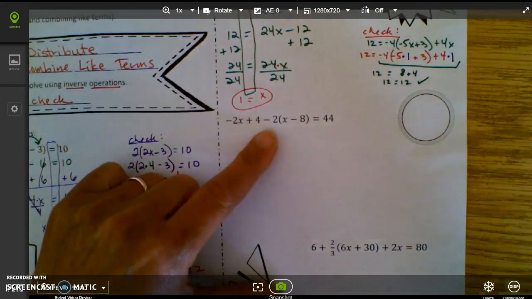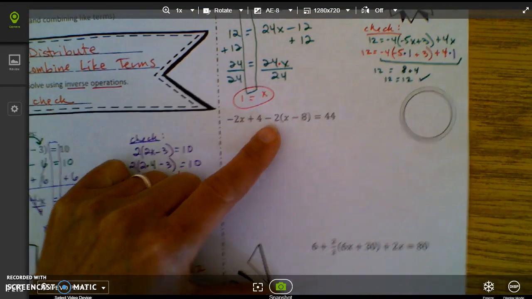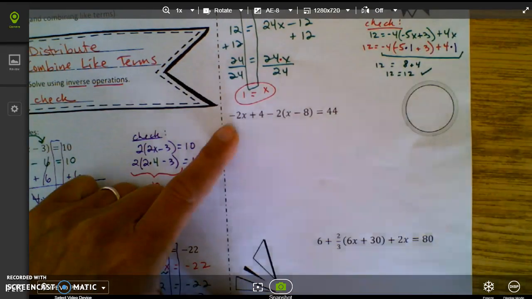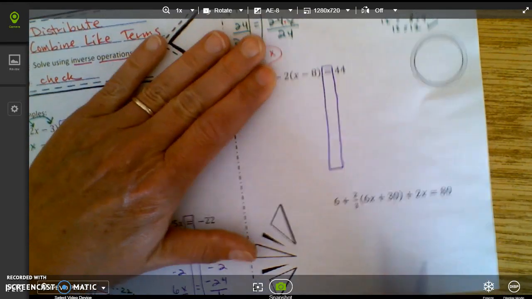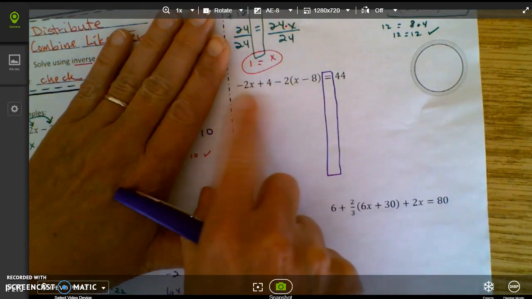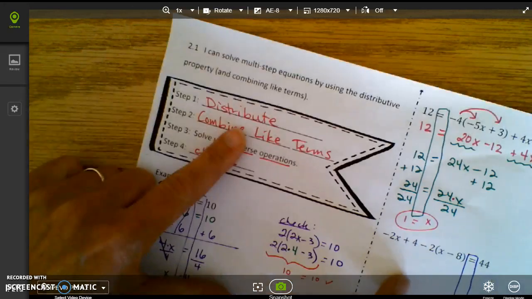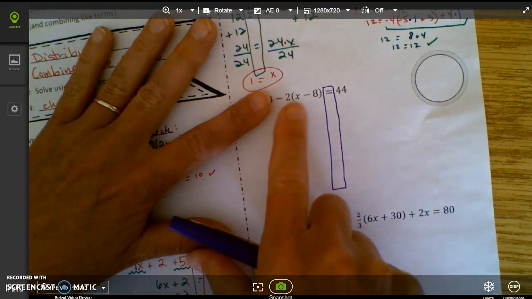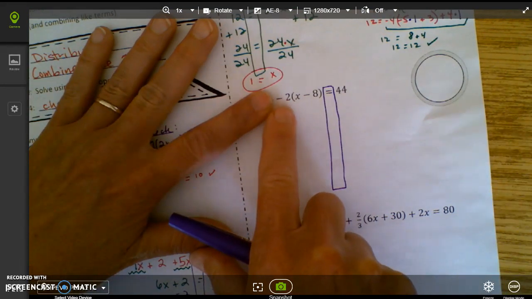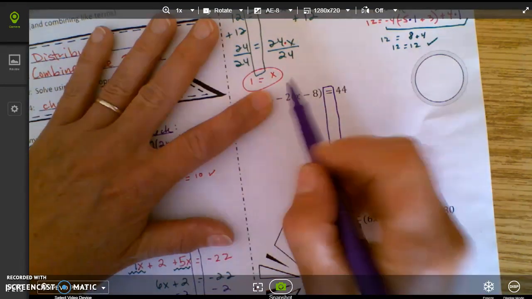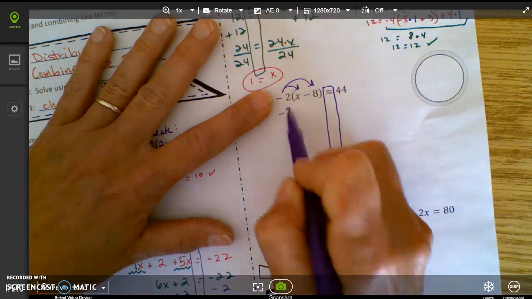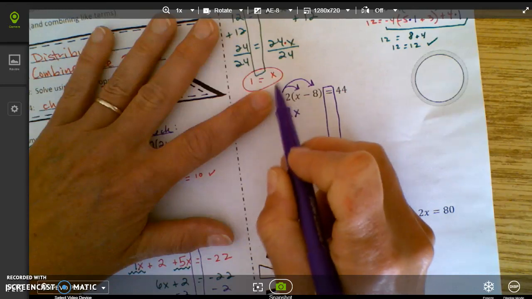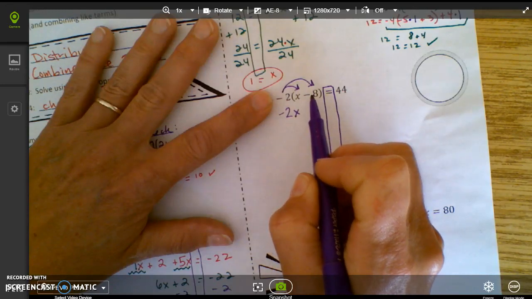Now, in this case, again, I want you to be really careful because when you see the equation and you see that there's parentheses, we have to remember to not worry so much about these other terms out front while we're doing the first step, which remember is distributing. So the number directly in front of your parentheses, guys, this number right here is what we distribute with. We're only distributing with this -2. So -2 times x is -2x, but be really careful back here. -2 times -8 is